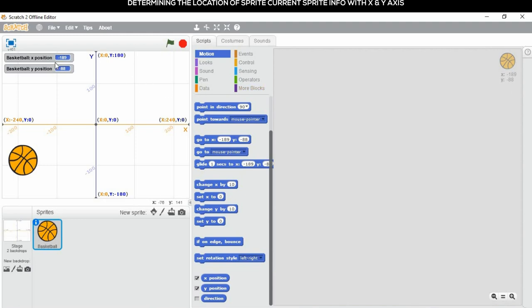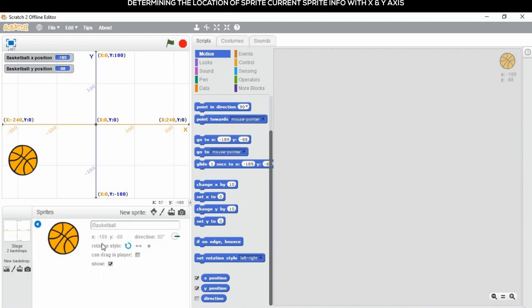And the same -189 is the position of X. In both places, the value of X is the same, and at the same time, the Y value is also the same. One more place is there, children. By going to this current sprite info pane, there is X and Y axis.